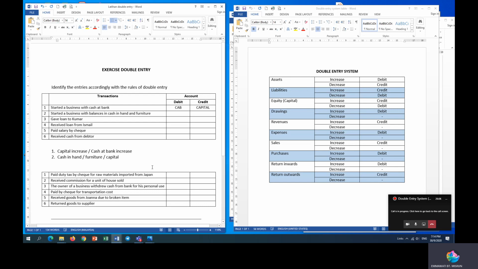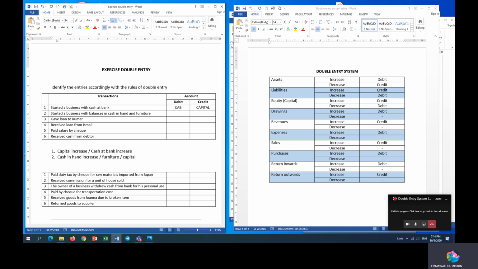Okay, now so we have identified our 3 accounts for our second transaction. Now the next step is for us to identify the movements of our accounts. So what happened to cash in hand is we have it increase. It is already there in your account. It is already there in your business. So your cash in hand remain unmoved, tak bertambah atau berkurangan.